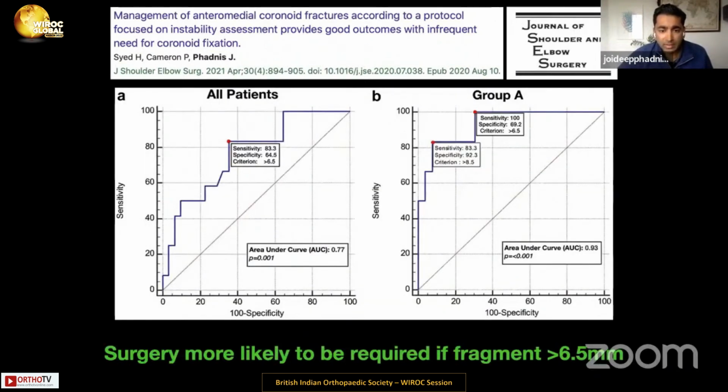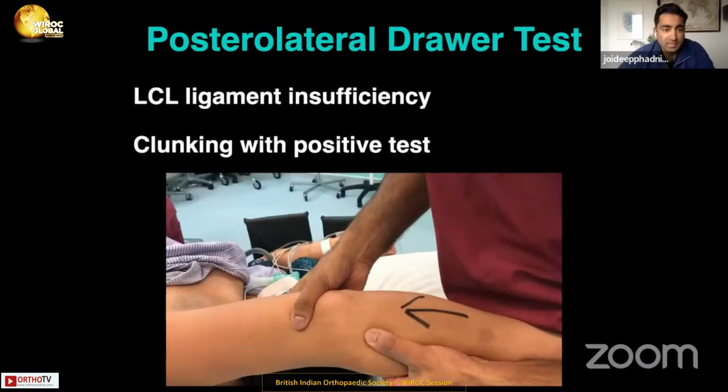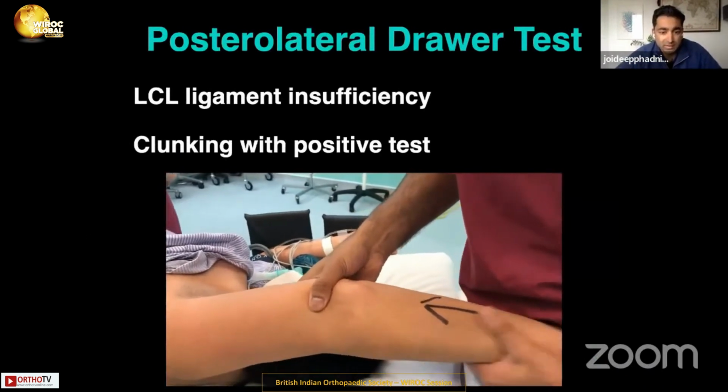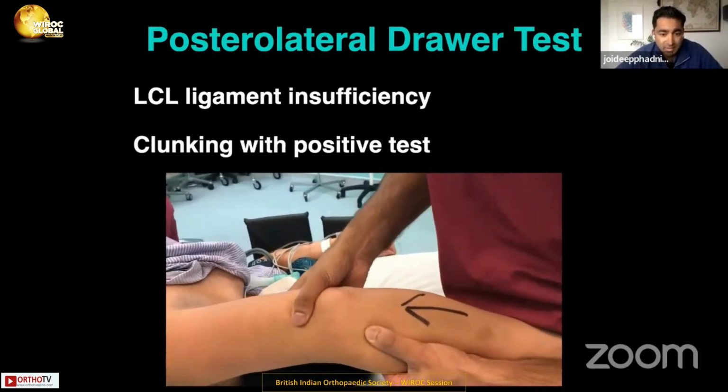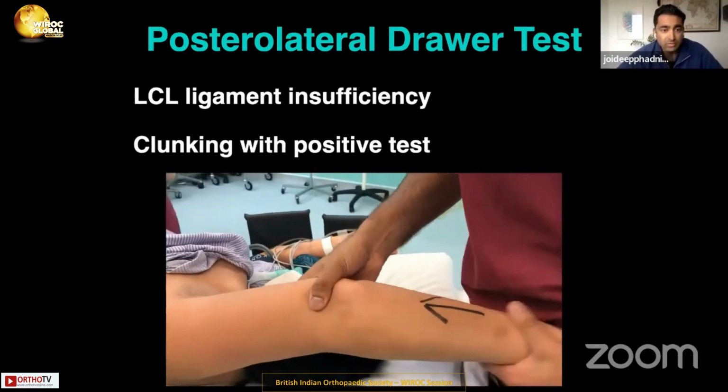And we found by looking at our cases that the coronoid was more likely to need fixation if the fragments were bigger than 6.5, which fits with the previous work of 5 millimeters as potentially being a critical size. This is the posterolateral draw test I mentioned. So it's used for diagnosing lateral ligament insufficiency. And if I find this in a patient for whom I'm considering non-operative treatment, I will go on to fix